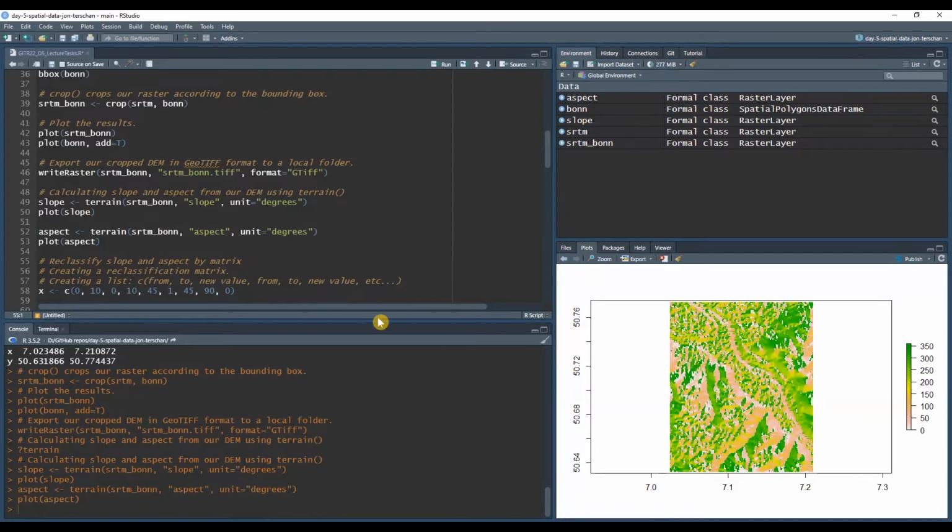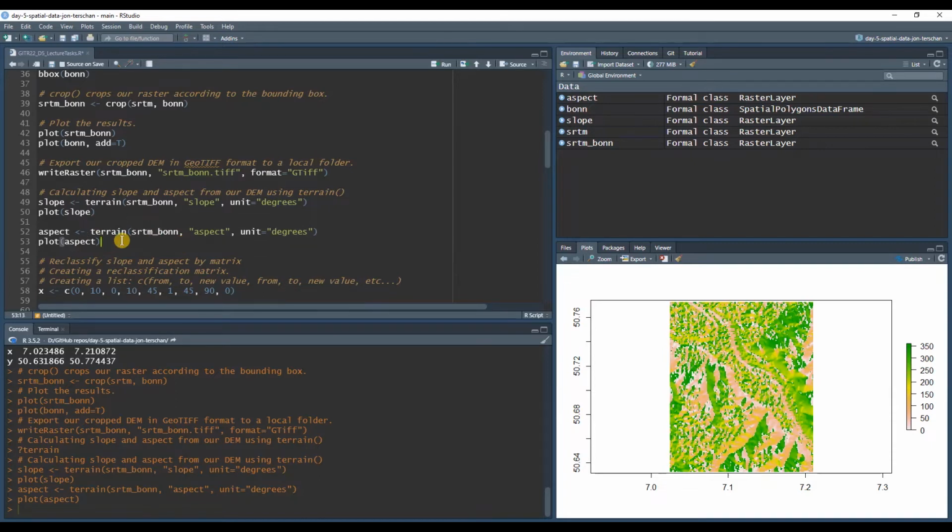And have it look like this. And this is degrees, right? So think of it as a clock or a compass. You have 360 degrees because it's a circle. And from this aspect map, you can see which slope has a northwards or southwards or westwards or eastwards exposition, which is important for some